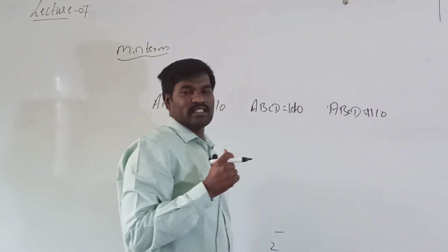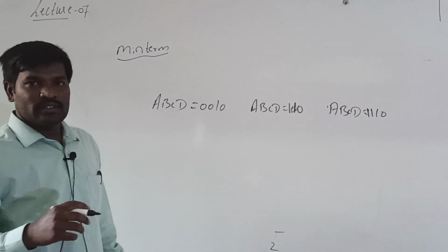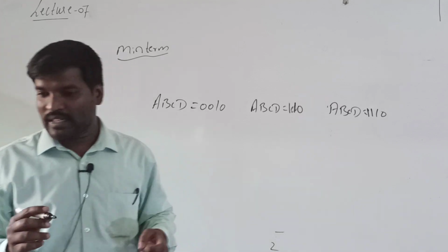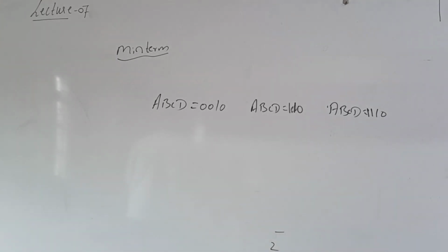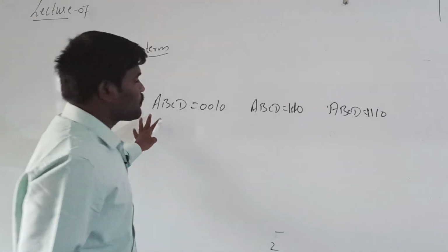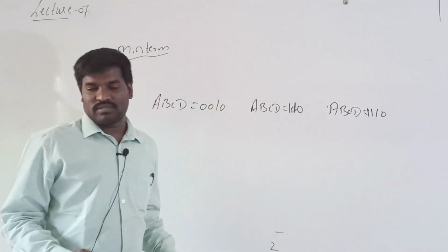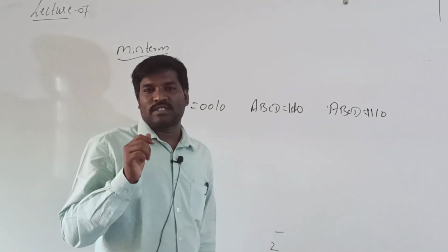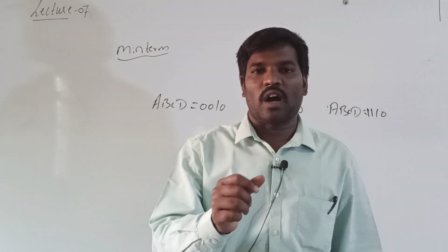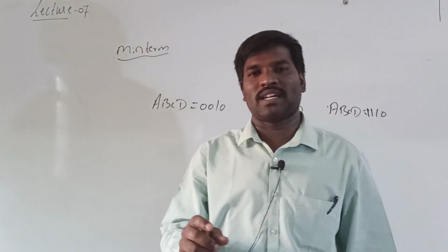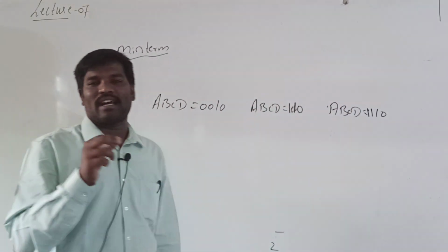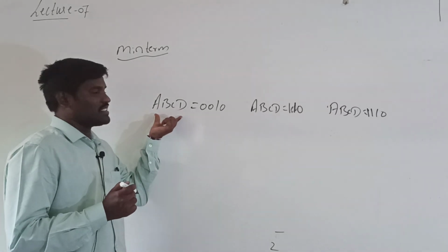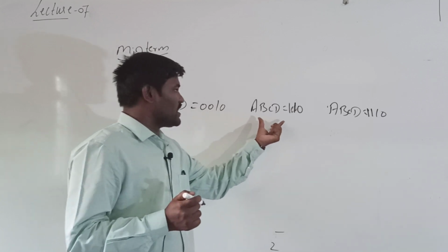Okay, in the examination, it's a 2-mark question. They will ask you to write the fundamental products of these terms, and write the expression in SOP. SOP means sum of products. After writing one product, you can put a plus symbol and again write the next product. See here, with respect to ABCD, its values are given in the same way.